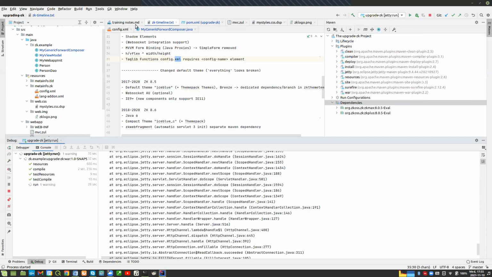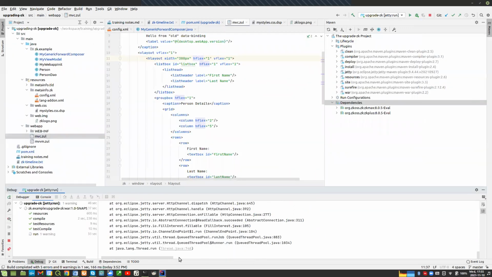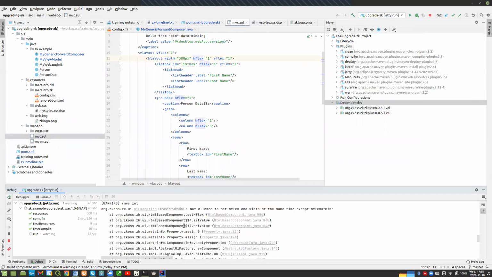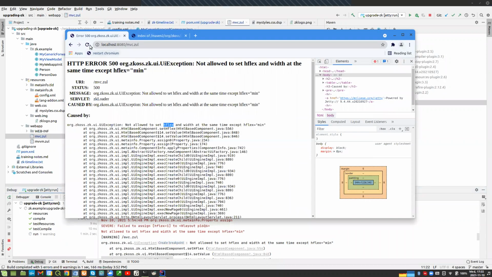So we need to fix this. I think I don't have time to debug now. What I would do is put a breakpoint in this method where it happens. We see the method here in 6.5, and if we put a breakpoint here, we see which component it is, and then it makes it slightly easier to search for things. It doesn't give you the exact position where it happens because it's a Java exception that doesn't know the ZUL position where it happens. So we need to remove the width 300 pixels because we want it to be hflex. And if we run the page now,